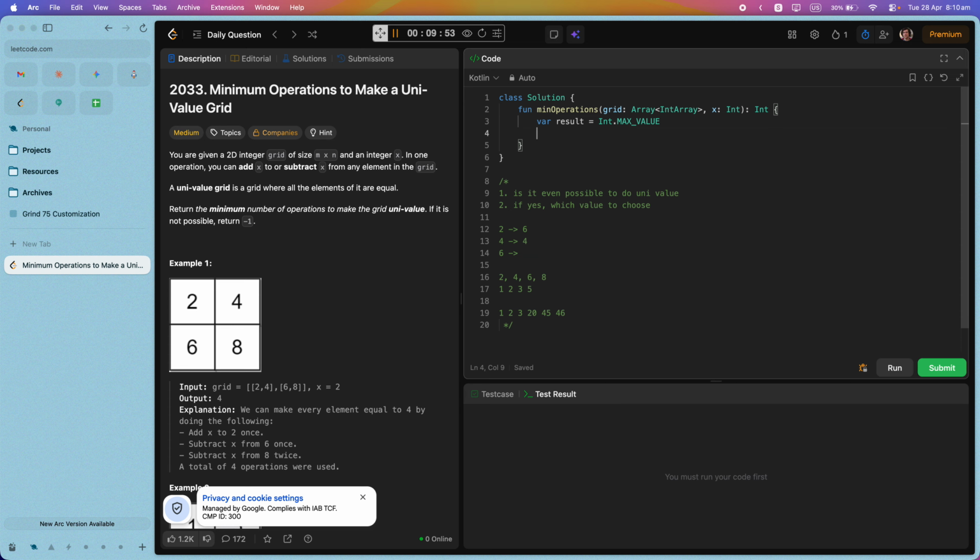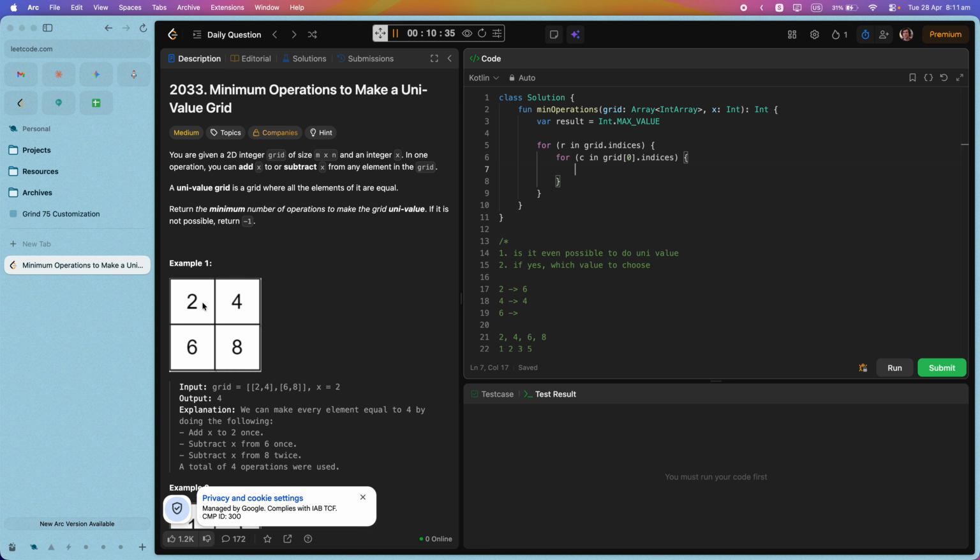So what we do is for r in grid.indices, so from 0 to m, and for c in grid[0].indices, we pick